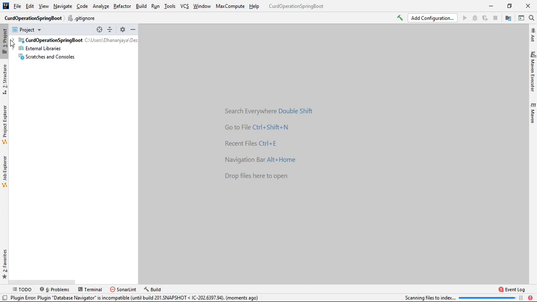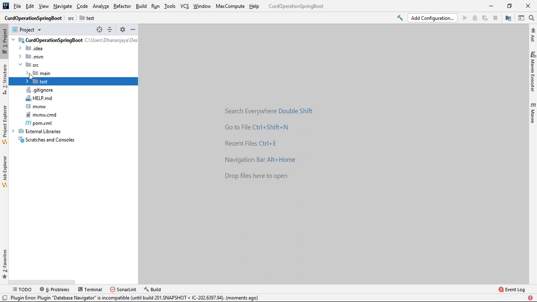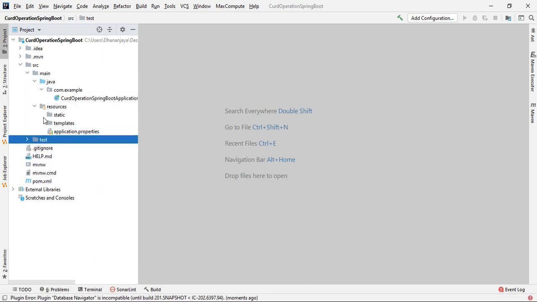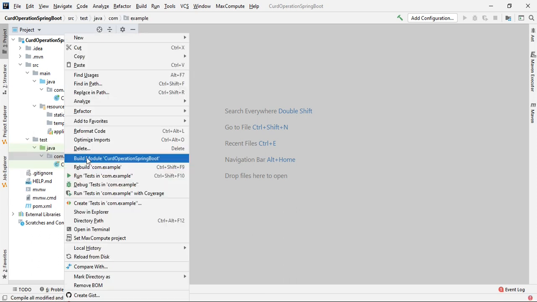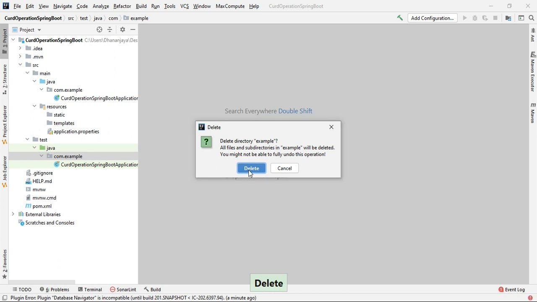Yeah, it's imported successfully here. So now the Maven structure is ready. Let me delete the test package. Let me create the packages in future.